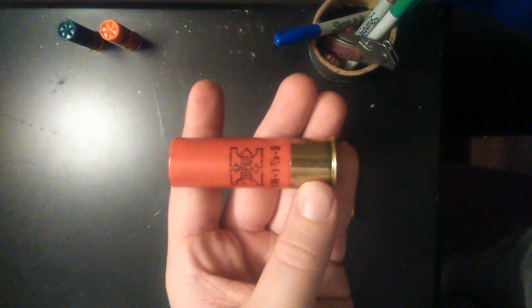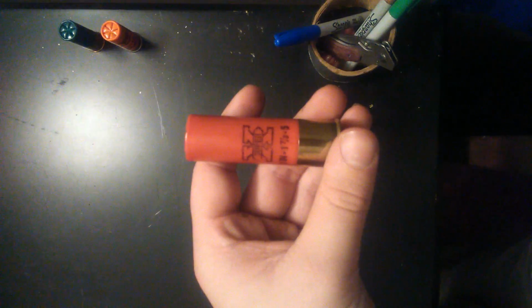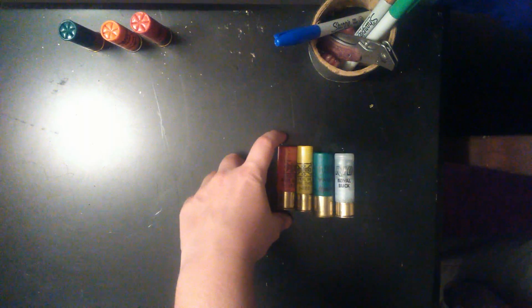But 12 gauge shells are 70mm, and it's just mainly used for turkey. And the copper plating just gives a little bit more punch when it hits the turkey. And let's go on to our next shell. Our next shell